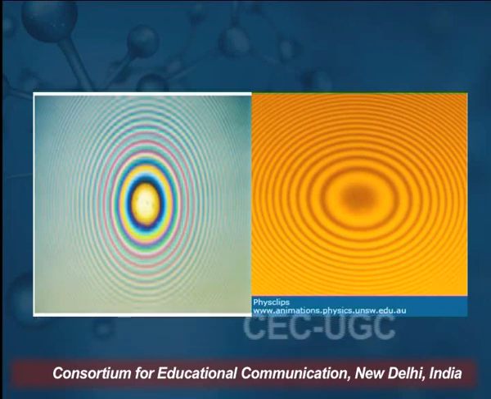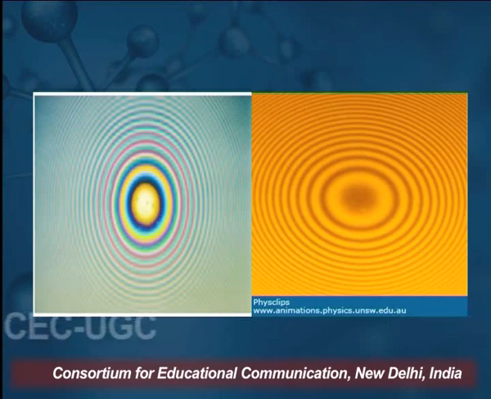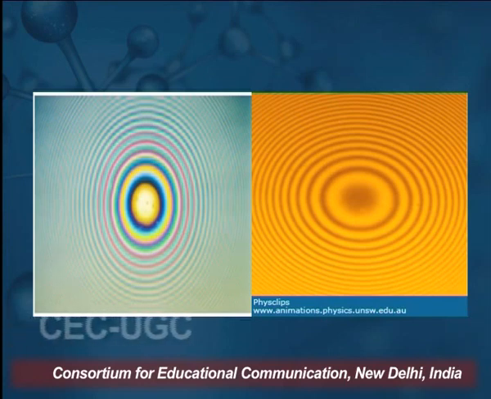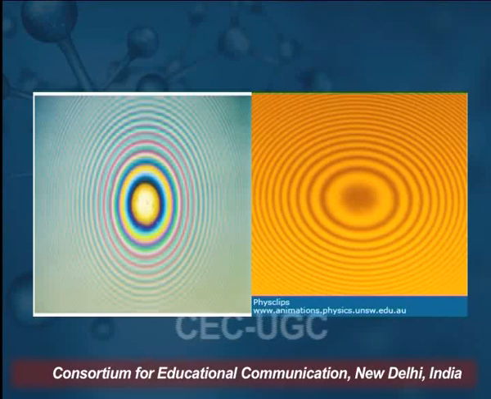As a yellow sodium source produces yellow light, the rings are yellow. On the left hand side we have the colored rings, but the center point is white. So here we see that concentric circles are formed, and we can get bright and dark fringes, and these circular fringes are formed because of the air film between the plano-convex lens and the glass plate. Now see how we calculate the reading.